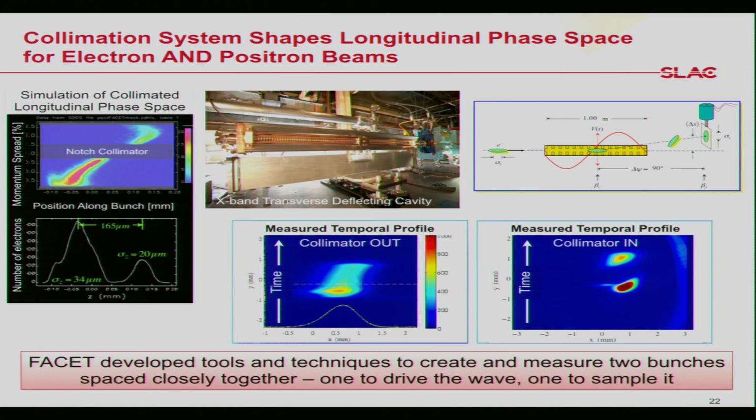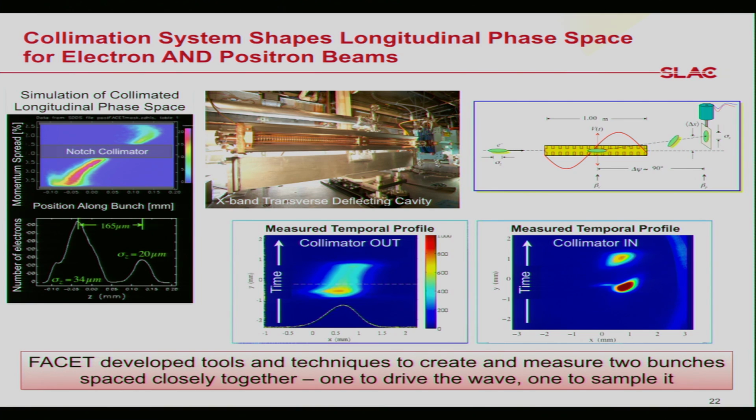So prior to FACET, we used a single bunch that would go into the plasma, and some of the electrons would drive the wake, some would sample the wake, but you get these distributions coming out that had big energy spreads and are not something that you're going to use for some end application. So one of the improvements we wanted to make at FACET was to figure out a way to send two individual bunches into the plasma so that one bunch could drive the wake and another bunch could get accelerated